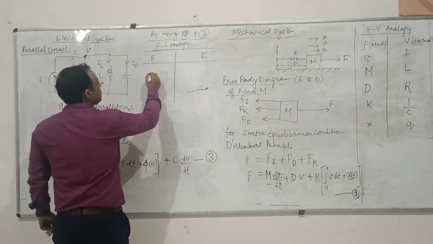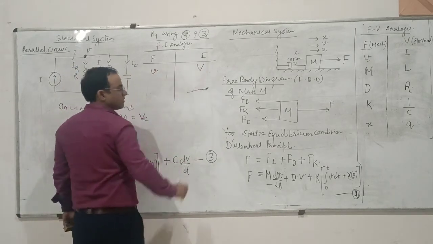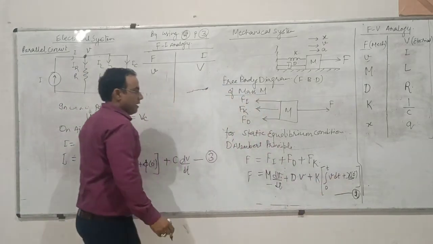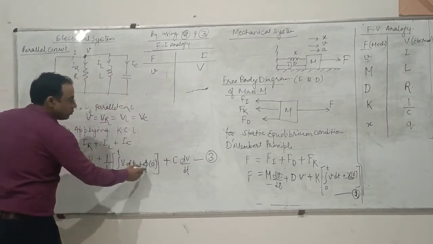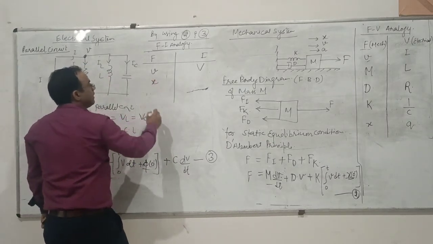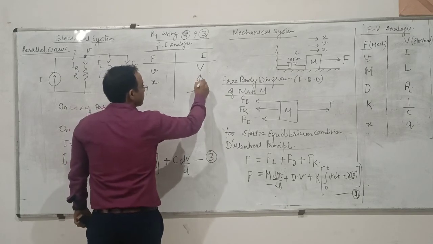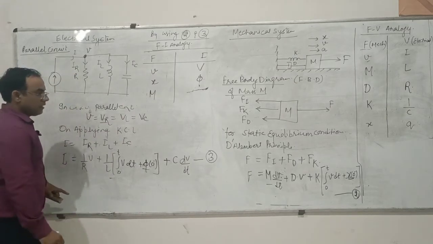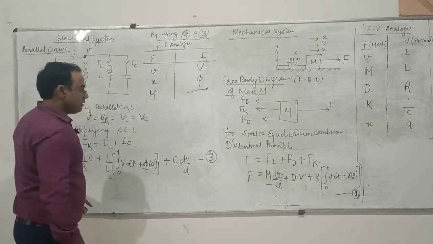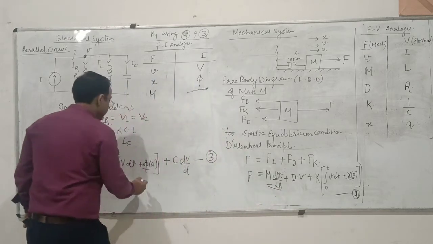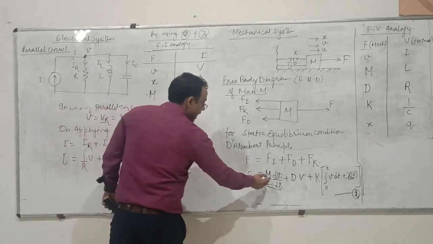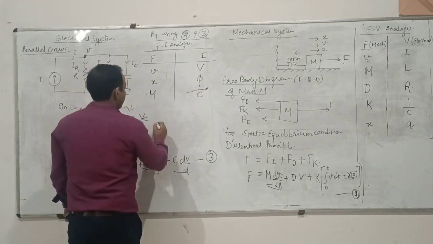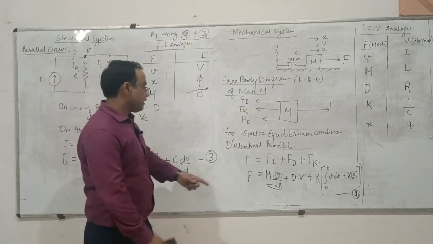So in this case the velocity equals voltage and also displacement is exactly analogous to flux. So X equals flux, and for mass, if we consider this equation m dv upon dt and C dv upon dt, then m should be analogous to C directly,